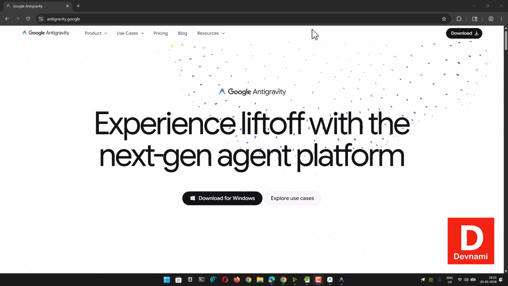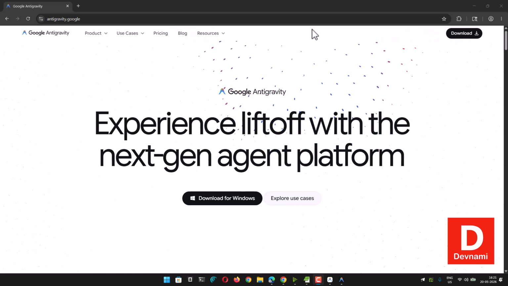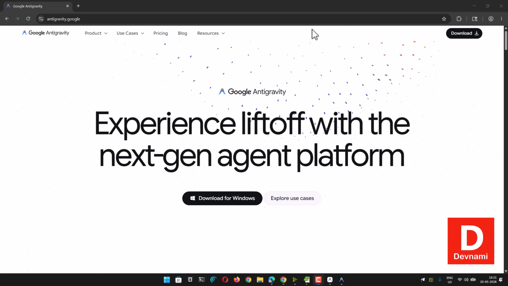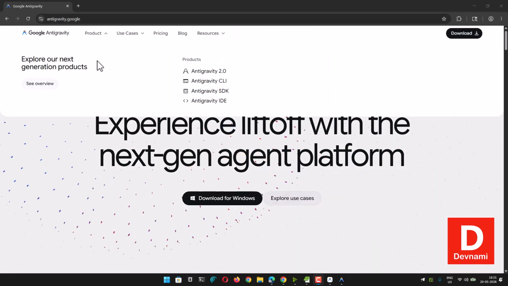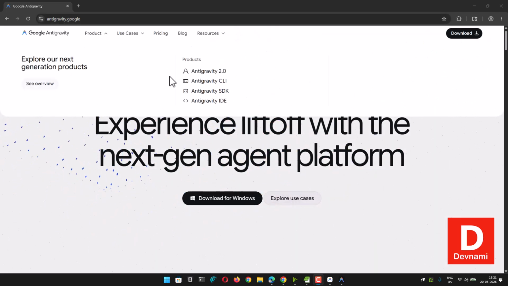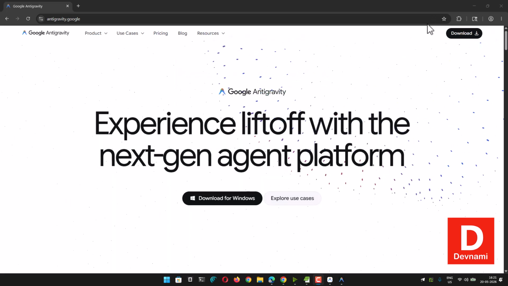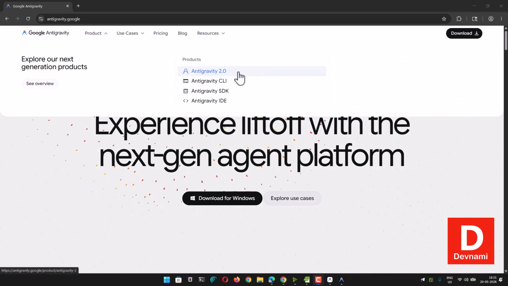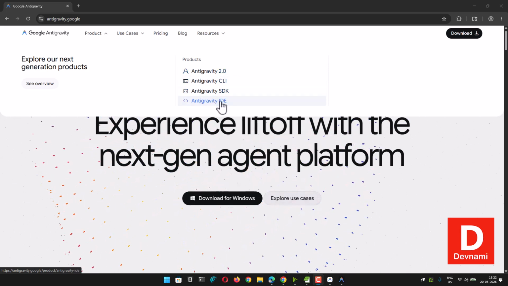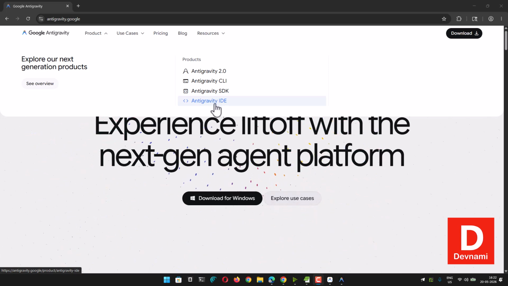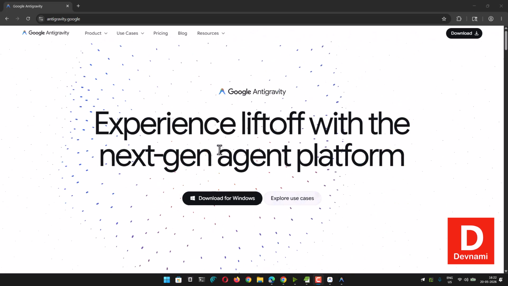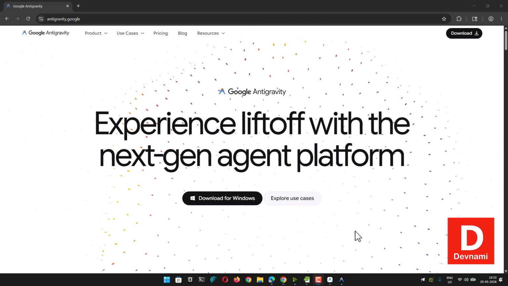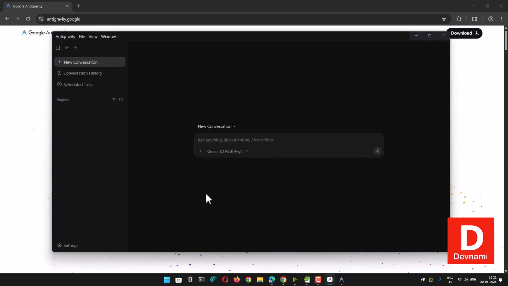So when I open Antigravity today, I noticed that the application is divided into multiple parts, right? For example, when you check the official site, they mention the breaking of the application, right? So for example, you can see Antigravity 2.0, command line interface, SDK, and this IDE which we used to work with earlier. Right, so as you can see, the desktop app is now separated, and this was done for